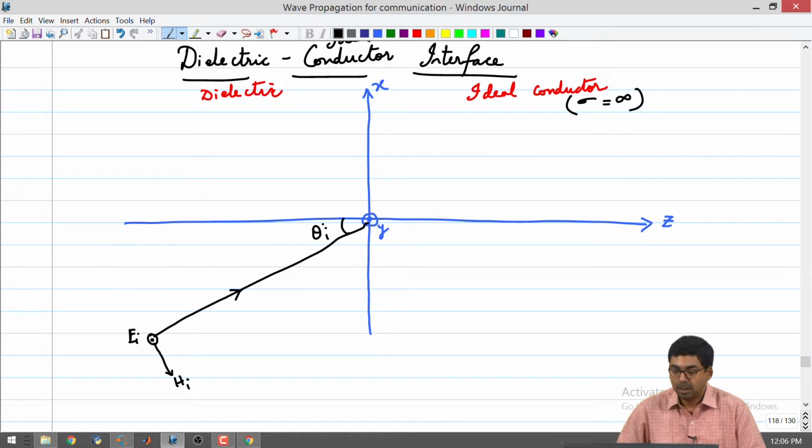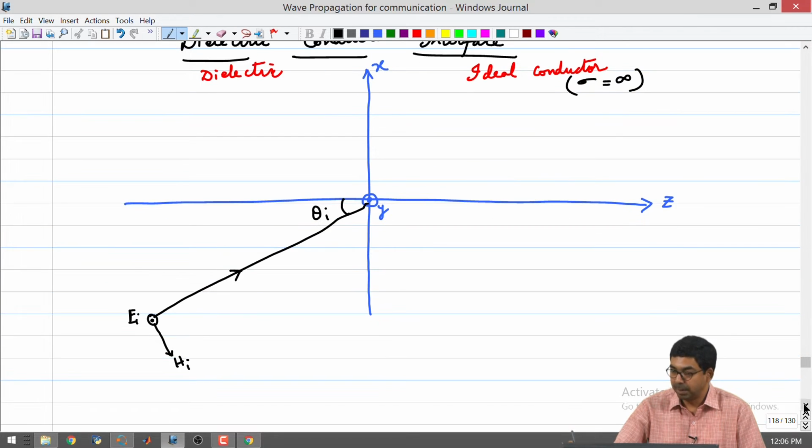So there are a few points to make before we go to a full-blown derivation of the coefficients. The first thing is the concept of an ideal conductor means that no fields are going to exist inside of the conductor. In the electric case, you won't have a potential difference between two parts of the conductor, which means that you won't have any fields. So the job is actually pretty simple. The transmission coefficient need not be calculated at all, only the reflection coefficient has to be calculated.